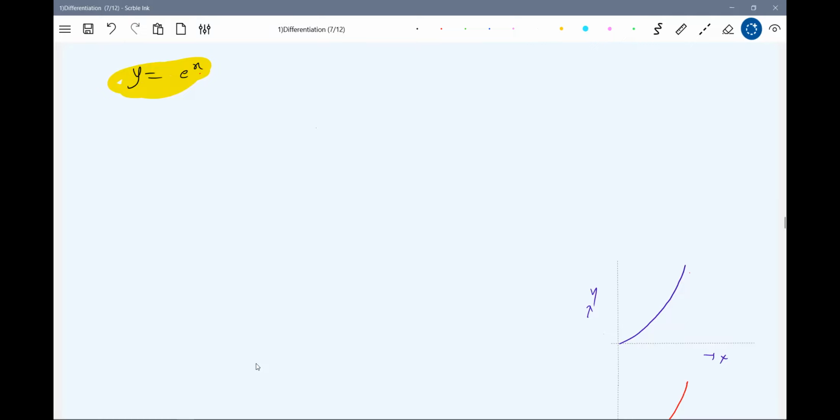What is the derivative of it? So again, we'll go for: let small change in x be delta x, and the corresponding change in y be delta y. Then